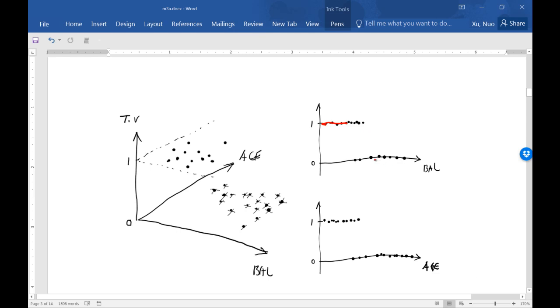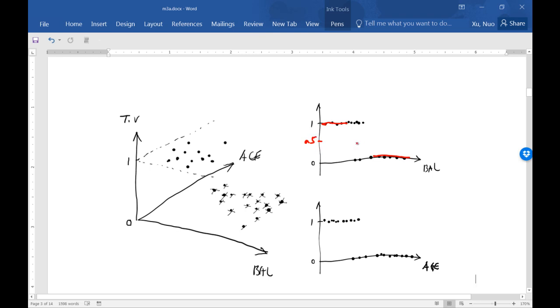And above a certain point of balance, the probability of being bad is 0%. And we should be able to find a point of balance that is associated with the probability of being bad equal to 0.5,